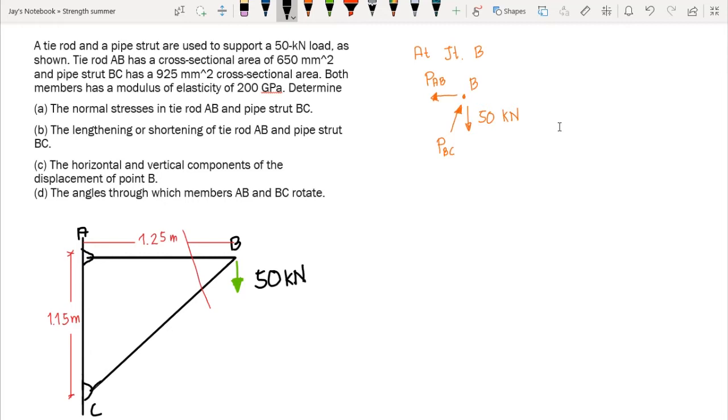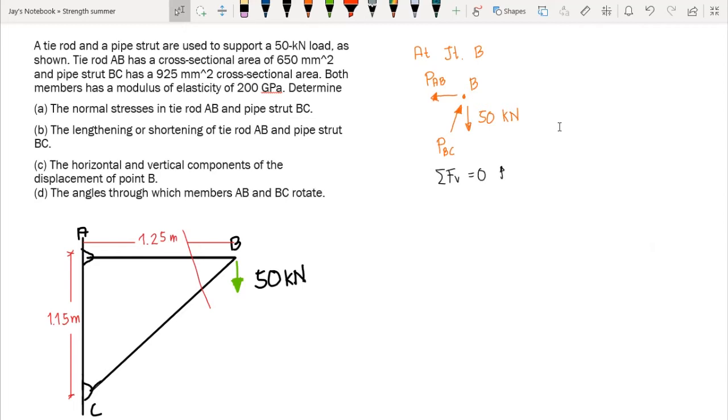You can use either of the two first, but in this case, let's use summation of forces vertical, since we would come up with one unknown only. If you apply summation of forces horizontal, then you would have two unknowns, which is PAB and the horizontal component of BC. So let's compute first the value of PBC by summation of forces vertical, which is equal to